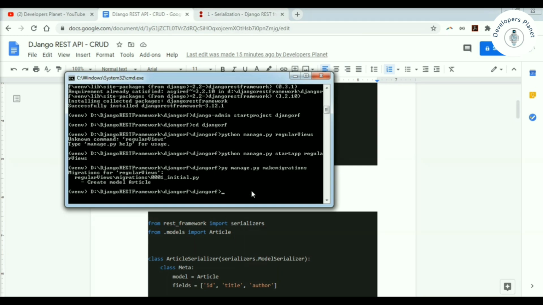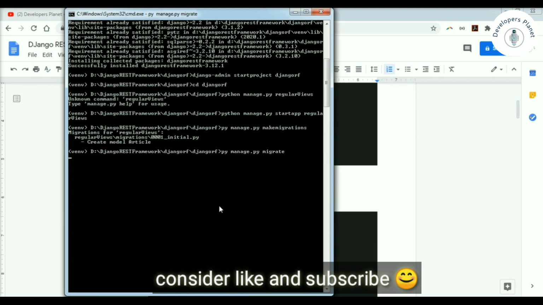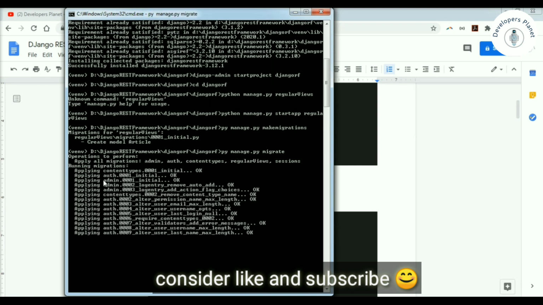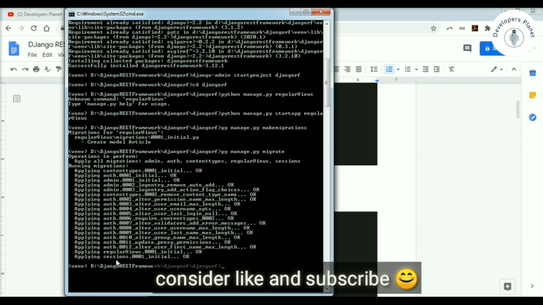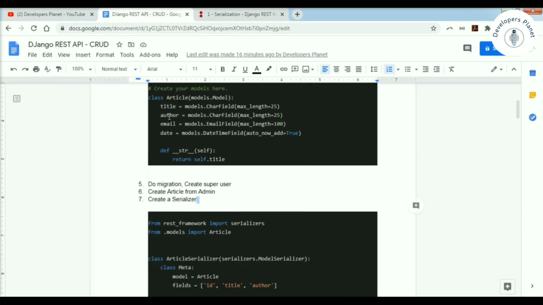You can see that initial.py file. So our article model is created. Let's run the migrate command to create the tables. We have just made the migration, so it will create these tables in our default database SQLite 3, which is supported by Django. By default SQLite 3 comes.